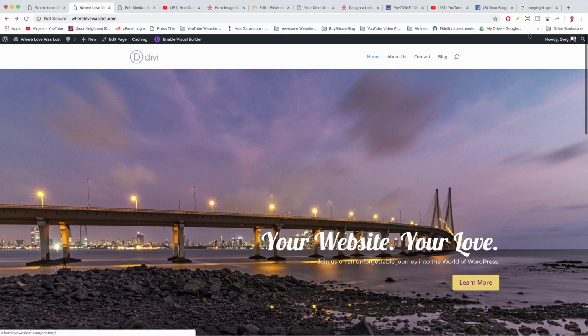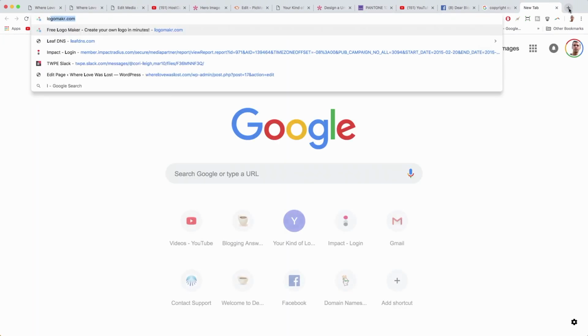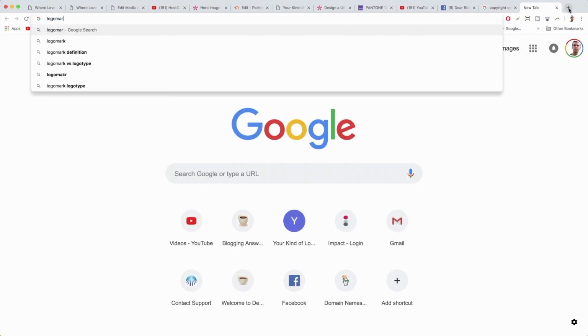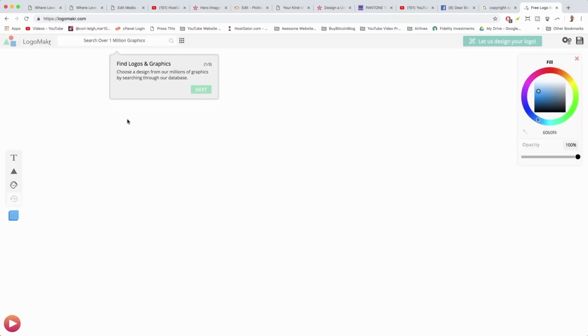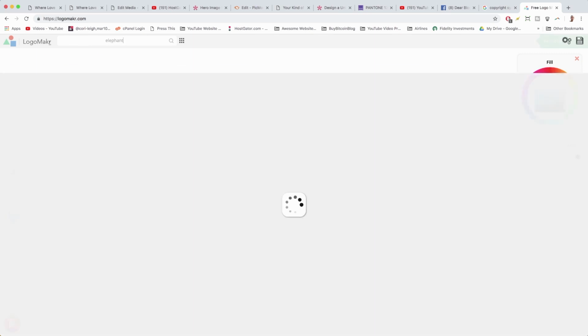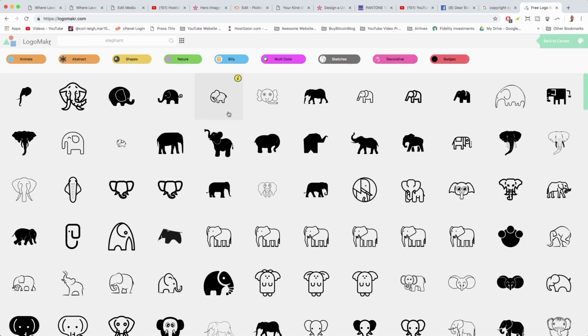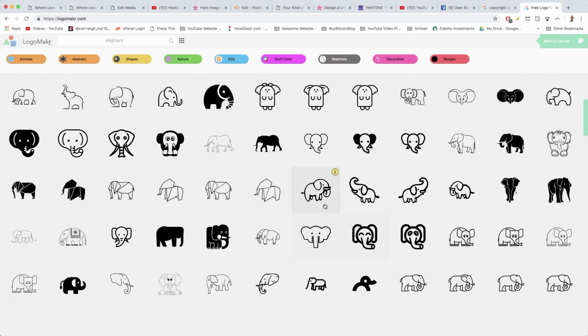To create your logo, I like using a service called Logo Maker without the E. That's logomakr.com. Alright, we use this in like 99% of all my tutorials these days, and it's super fun and best of all free. Alright, so what you need to do to start is search over 1 million graphics, like elephant. Alright, and the elephant we're going to go with today is just this cute little guy who's just showing off,